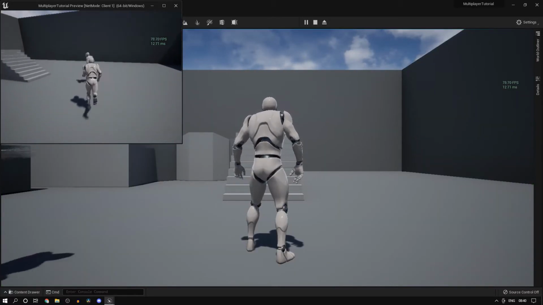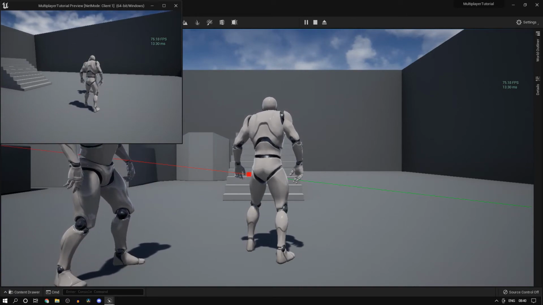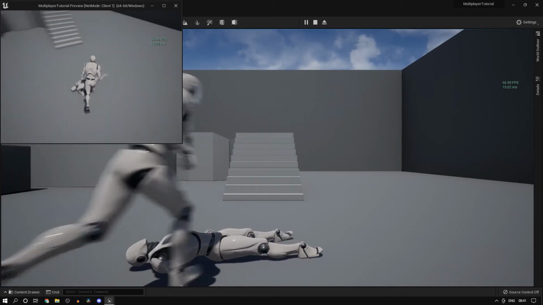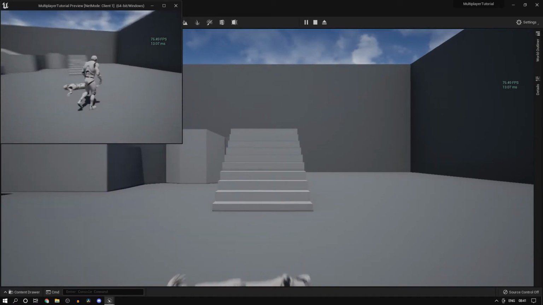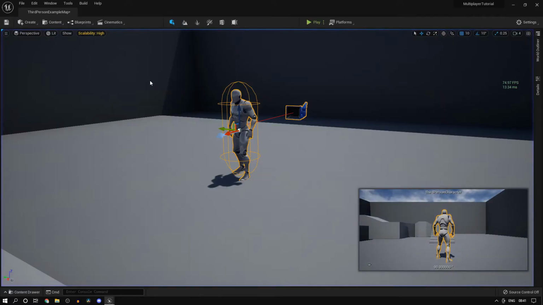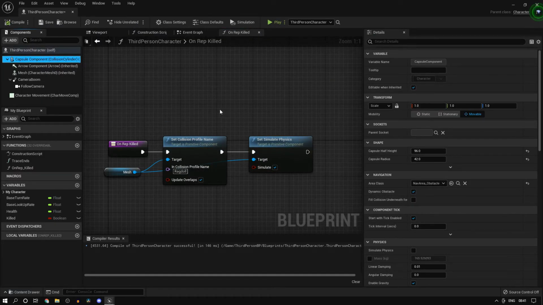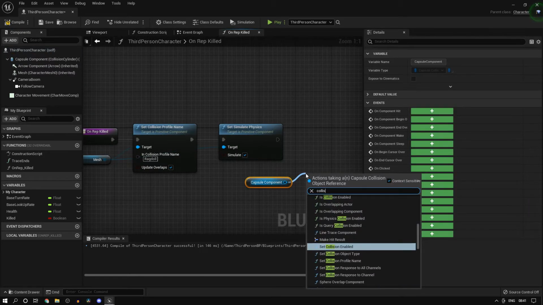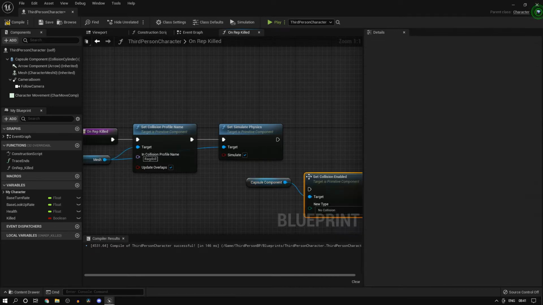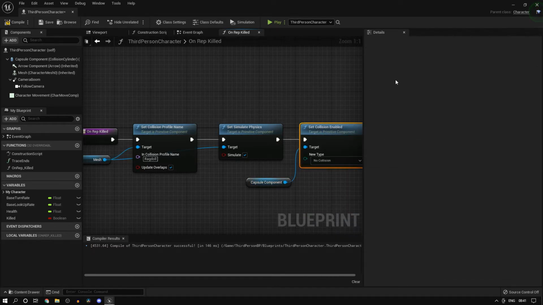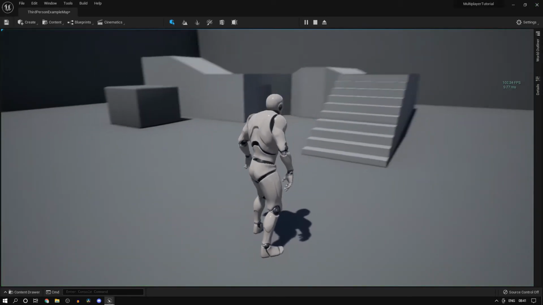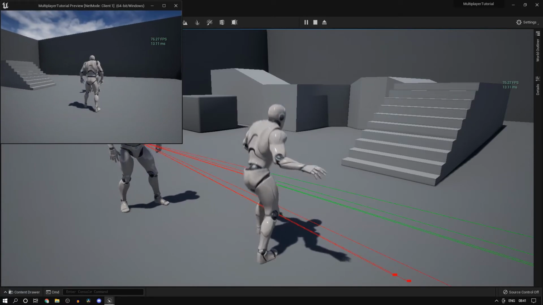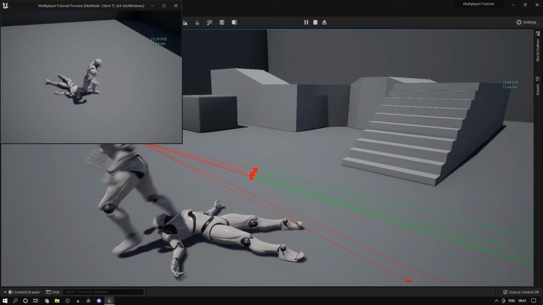So if I go ahead and damage the server, 1, 2, 3, 4, you'd see that the ragdolling works. There's one small issue here. If you look, I'm actually colliding with something if you run into the player. The reason this is happening is because the capsule component is still in its place. So a simple fix to that is Set Collision Enabled, new type, No Collision. So now that problem should be fixed, and I don't bump into anything.